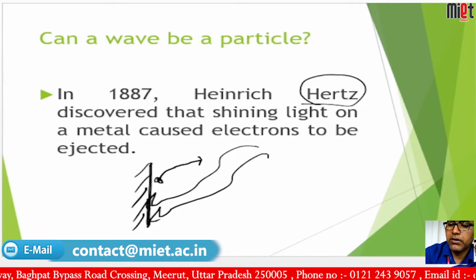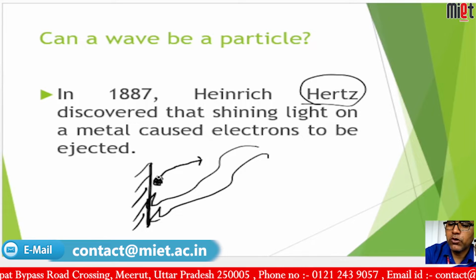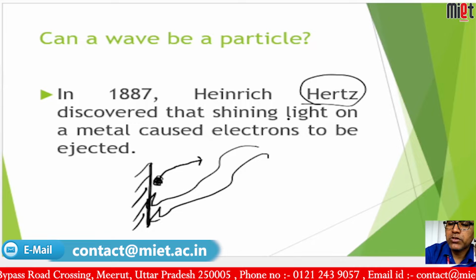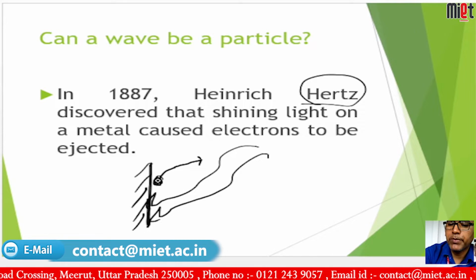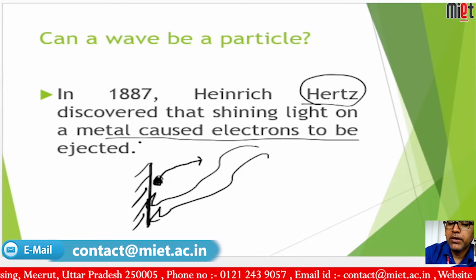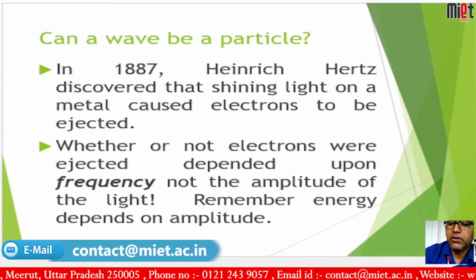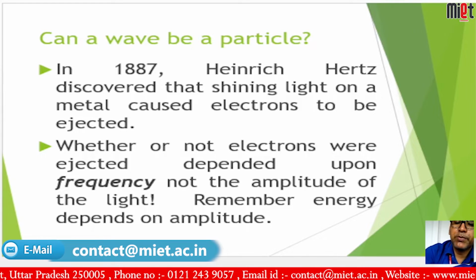So whenever you need to eject electrons from a metal, you can use sunlight. This experiment was performed by Hertz, and he also found that this ejection of electrons was dependent upon